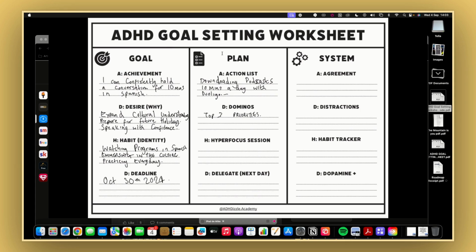On Skool, I don't know if you know how it works. I've got a link in the description to the Skool that I've created. But when you have a fire emoji next to your name, it's because you've had a 30-day streak of doing 10 plus activities per day. Now that I've done that over 30 days, I don't want to lose that flame. So I'm there every day doing at least 10 activities a day. It's religion for me. It's non-negotiable. It has to be achieved. Because of that, the flame's just going to be there forever.